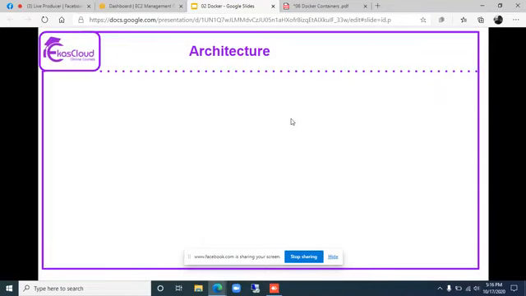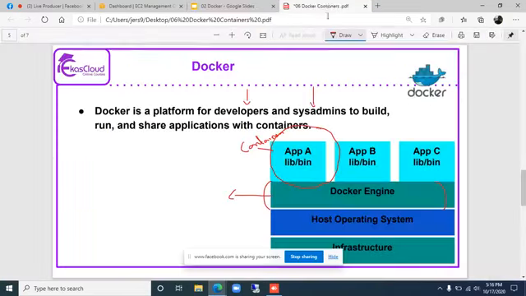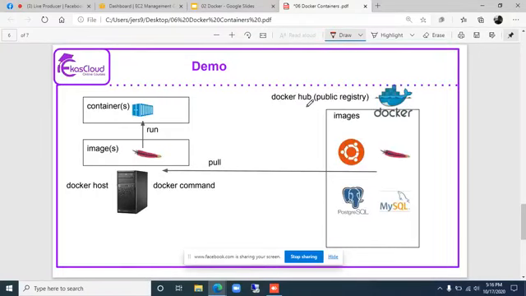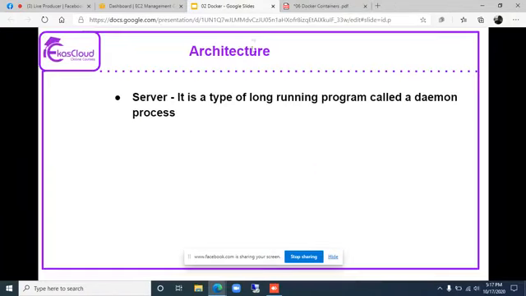To get started with Docker, you should know the architecture of Docker. In Docker, we'll have a server client architecture. Normally server client architecture means one device will act as a server, and another device will act as a client.